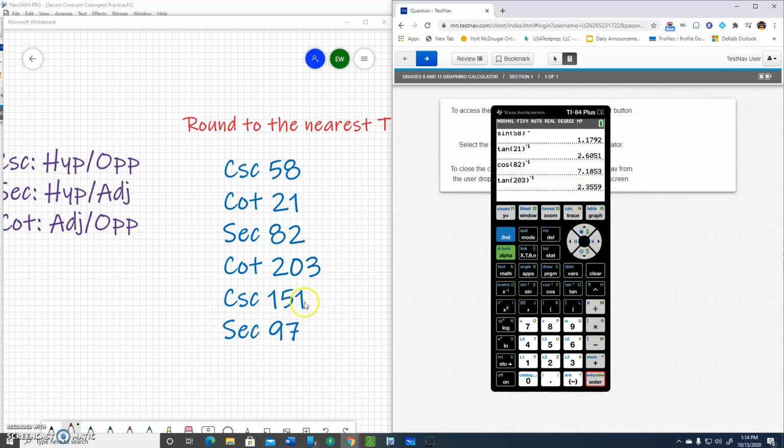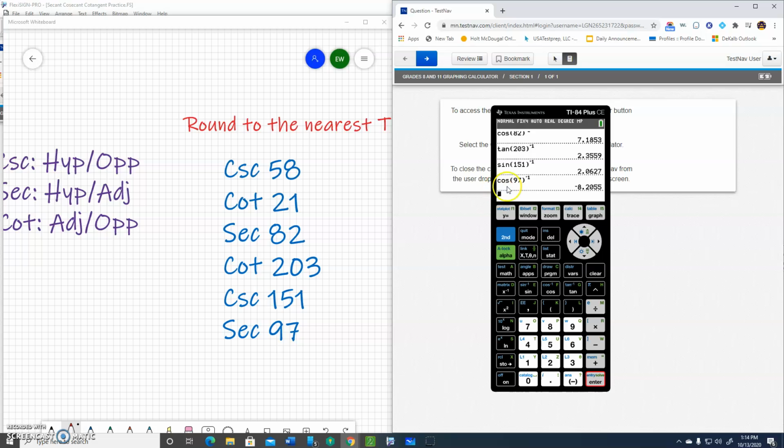Next one, cosecant goes with sine. Sine 151. Close parentheses. Reciprocate. That's my answer, 2.0627. Last one, secant. Secant goes with cosine. Cosine 97. Close parentheses. Reciprocate. Negative